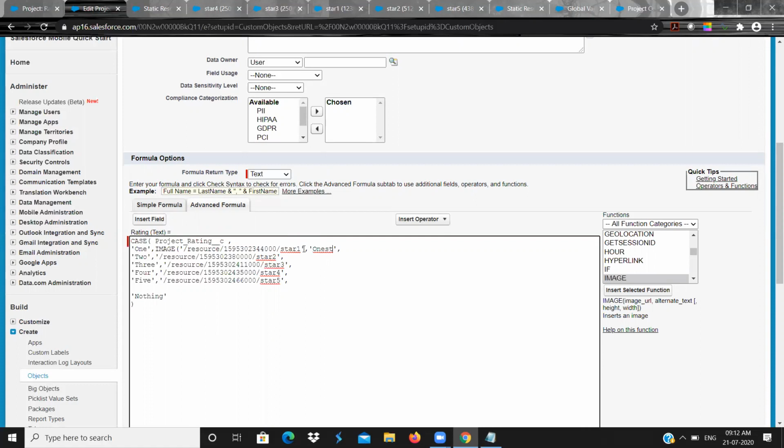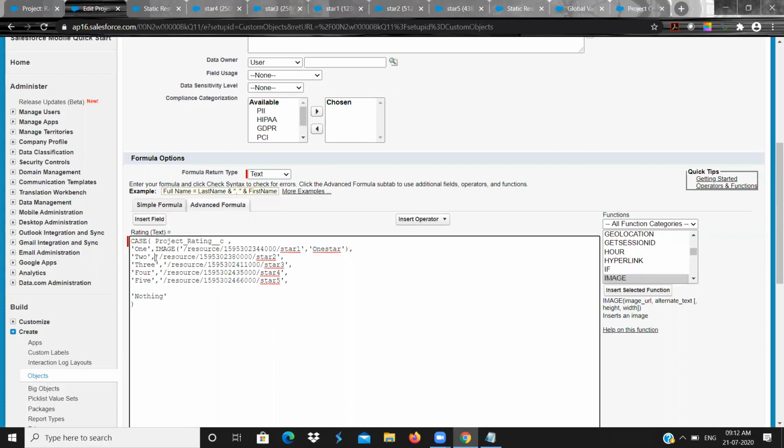Why alternate text: sometimes if the image is broken, when you hover the mouse over it, or instead of the image, a break symbol will be shown and then that text will be shown, like that. So that is why we need to give alternate text for the image. Height and width are optional, we don't want them, so we will close it.